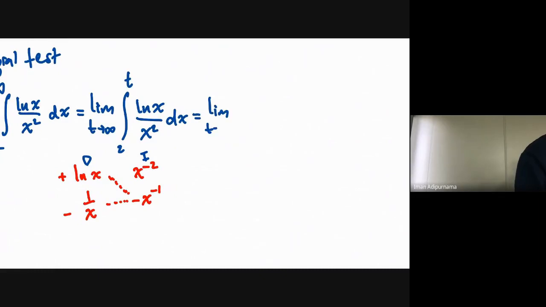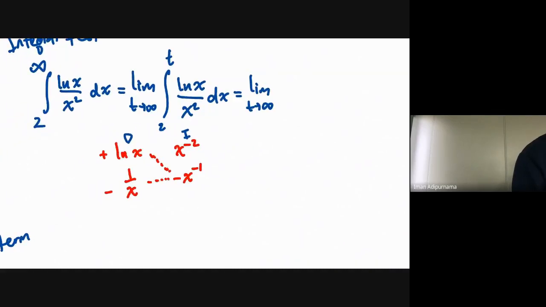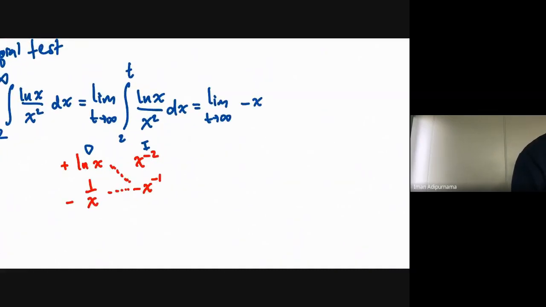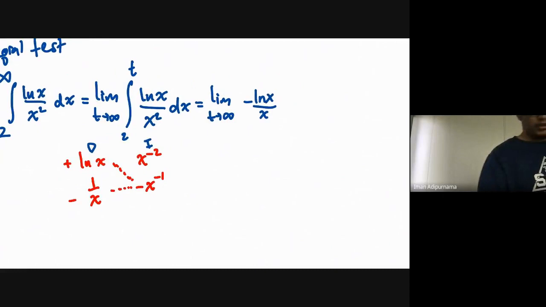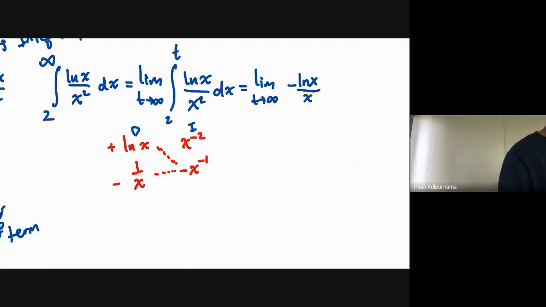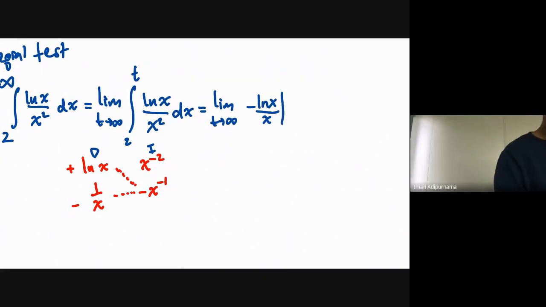So we can write, or let me just write the solution, minus ln x over x, from 2 to t,